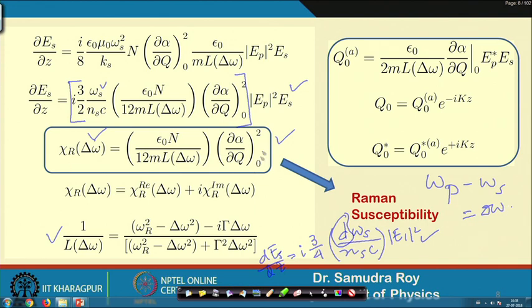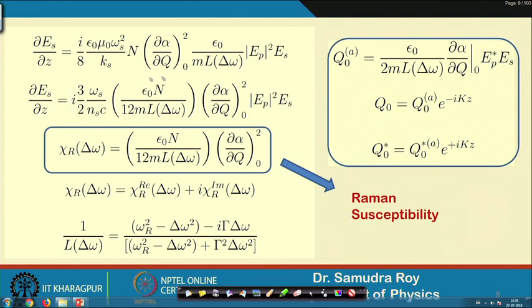Because this is a complex term, I can write it in the form x plus i y, real plus i times imaginary, which I did here. If I now see this equation, this coefficient, previously we considered to be real, but here we find that this coefficient is not real but complex. Now this equation, for example, if I write it, looks like del E s